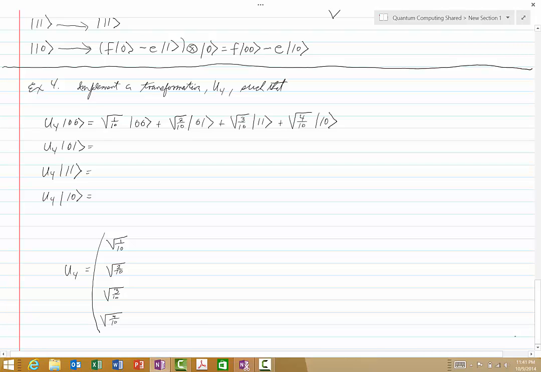Note that if we fill in the rest of the matrix in the following way, let's make this square root of 2/10, then square root of 3/10, square root of 4/10, and then along the diagonal I'll have minus square root of 1/10, minus square root of 1/10 and minus square root of 1/10, minus square root of 4/10 here, and a positive square root of 4/10 here,